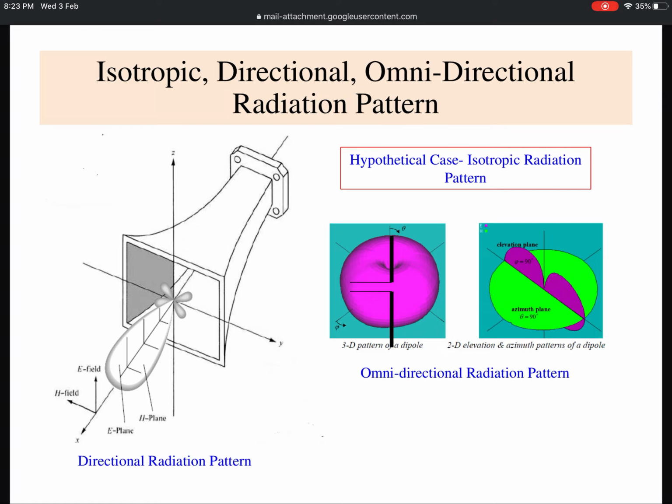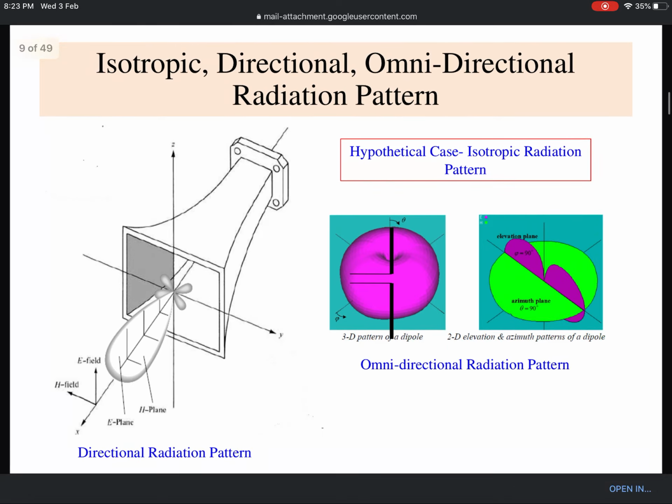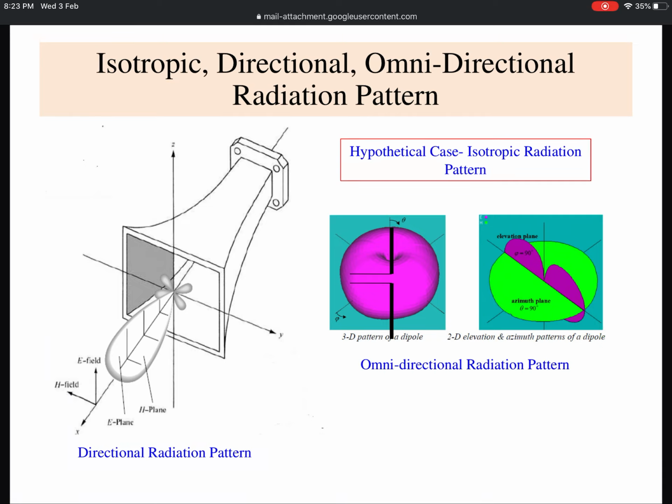The other two kinds of radiation pattern are called omnidirectional radiation pattern and isotropic radiation pattern. So for the omnidirectional radiation pattern, you can see that it is omni in one plane, so it is radiating equally in all different directions, and that plane is the azimuth plane according to my figure, which is theta 90 and shown in light green color. The other plane is actually directional. The other plane is phi equal to 90 degrees and it is shown in a figure 8. So in the other plane, it is directional.